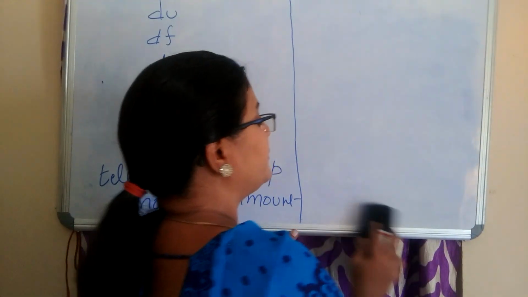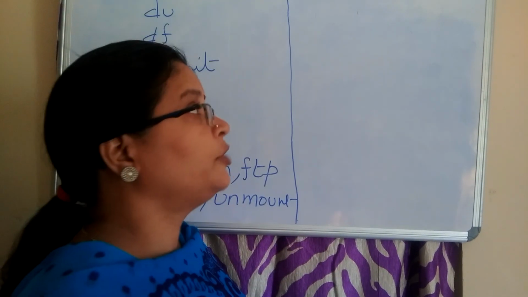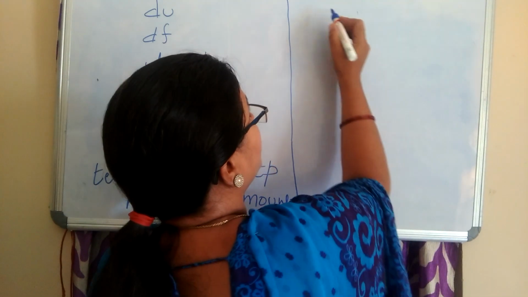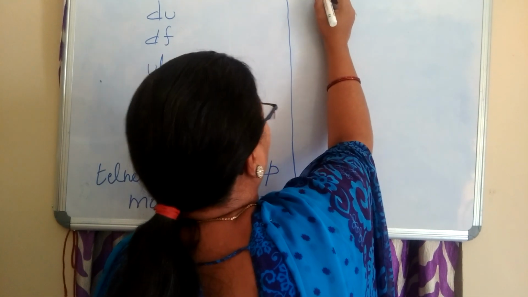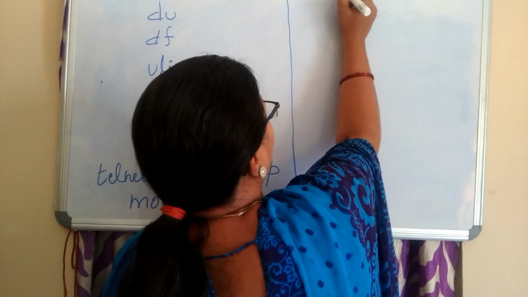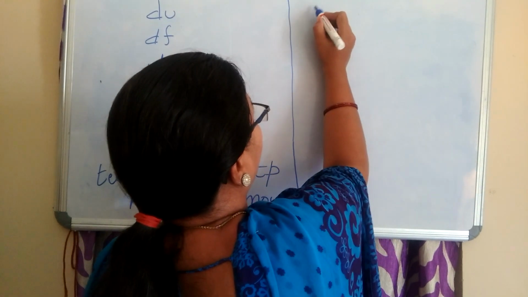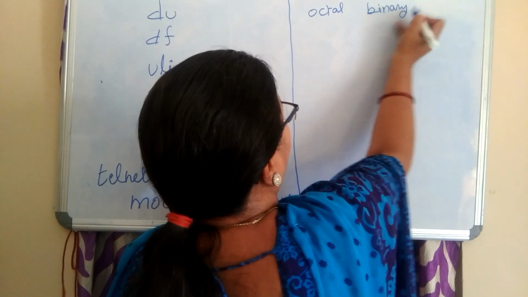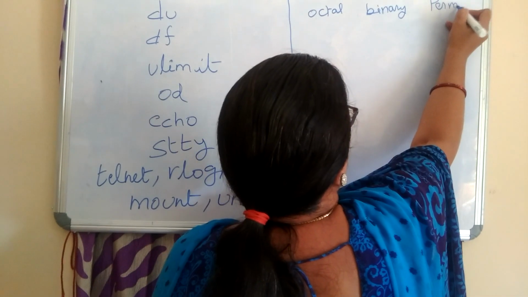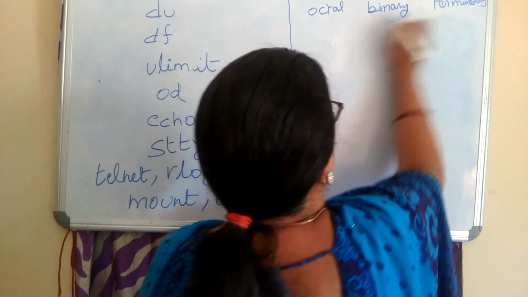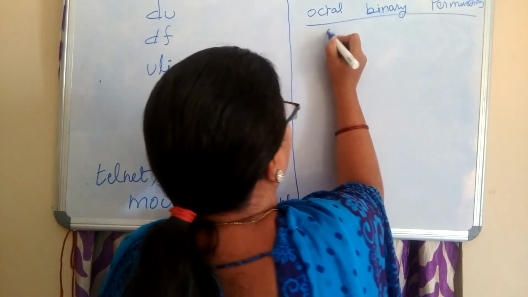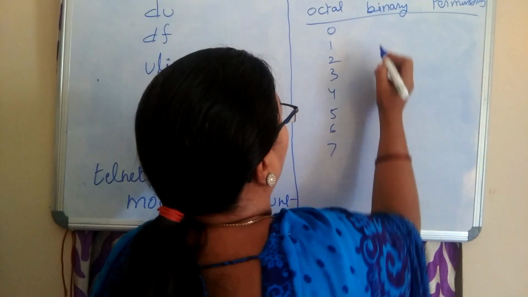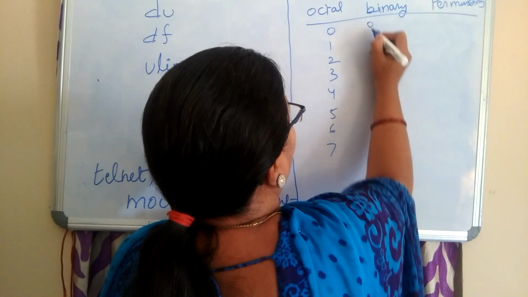We already discussed in our previous video that chmod is used for assigning permissions to a specific set of users. Chmod uses octal notation that ranges from 0 to 7. Octal notation can be represented as binary and then as permissions. So what are the octal numbers? 0, 1, 2, 3, 4, 5, 6, 7. Okay, so this can be changed into binary.